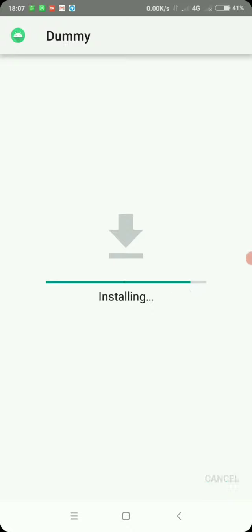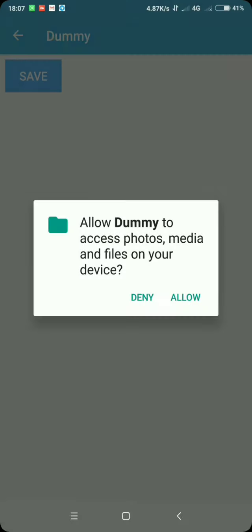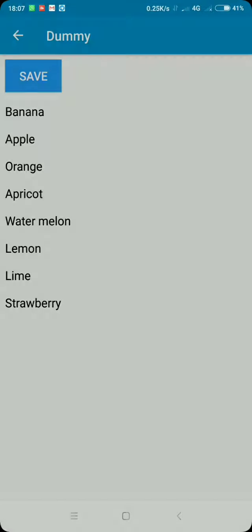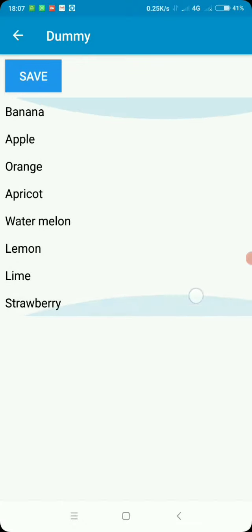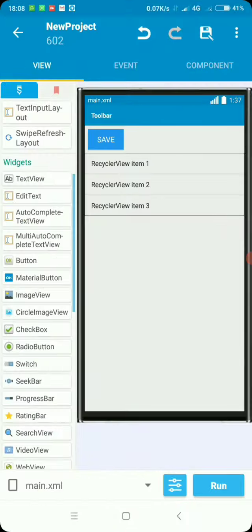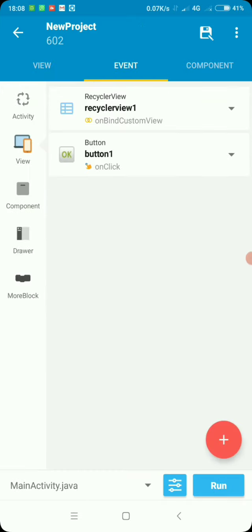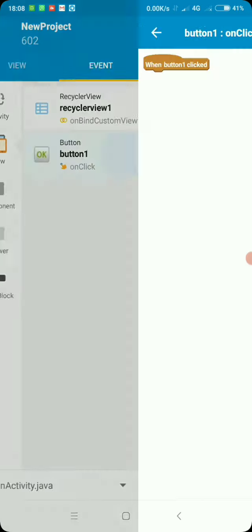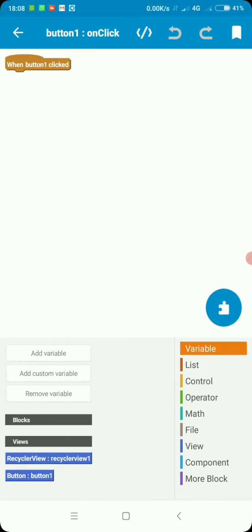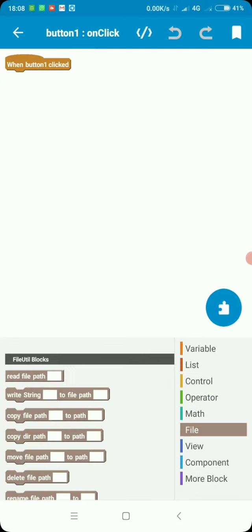Okay, so now let's install, open. There we go. You can see that our permission request is actually working, so you need to grant the permission, allow. There we go, we have our list. So what we're going to do is we're going to save this list to our external storage. So to do this, we're going to put the logic on button click listener. So let's go back and let's go to view event and go on click button 1 on click. Here we want to save the file, so